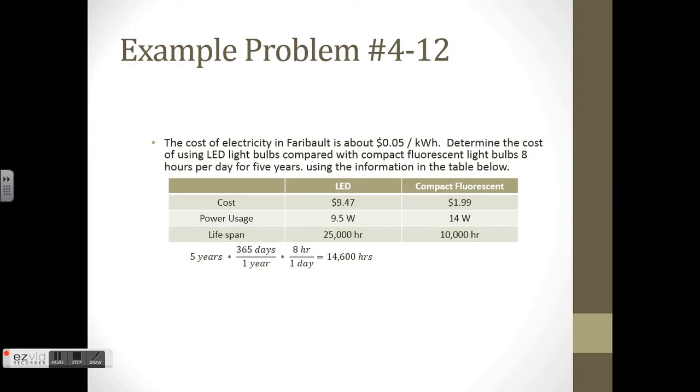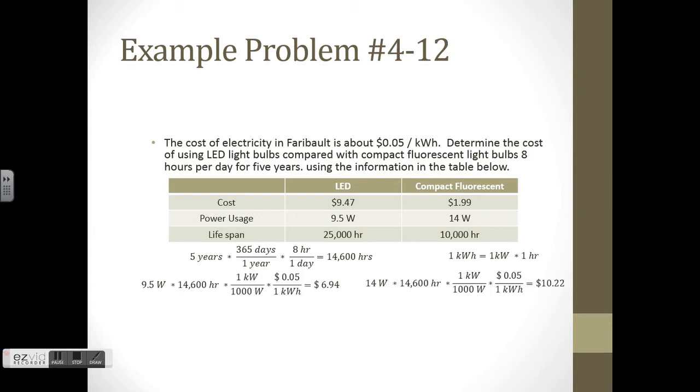So one thing to point out is that in 5 years, if we have 365 days in 1 year, and it's worth pointing out in at least one of these years we had 366 days, because there has to be a leap year in there, and 8 hours a day, that means that we've used the light bulb for about 14,600 hours. A kilowatt hour is equal to 1 kilowatt of energy used times an hour. So what we want to do is figure out, well, basically how much does each of the light bulbs cost